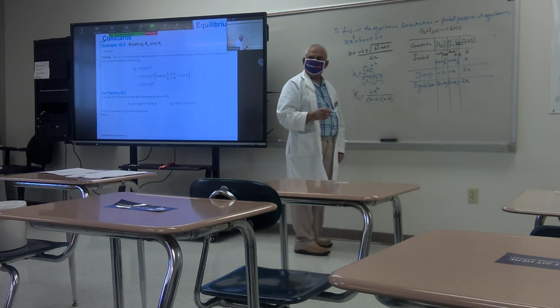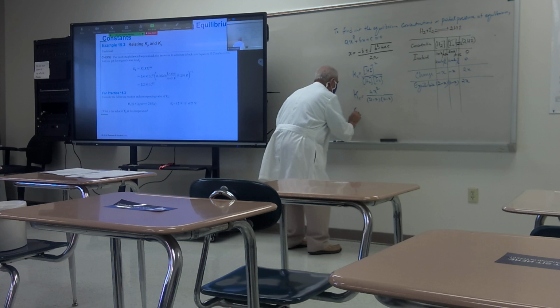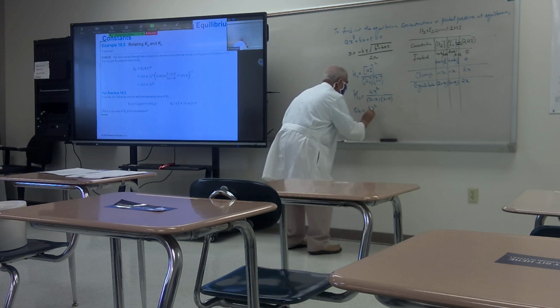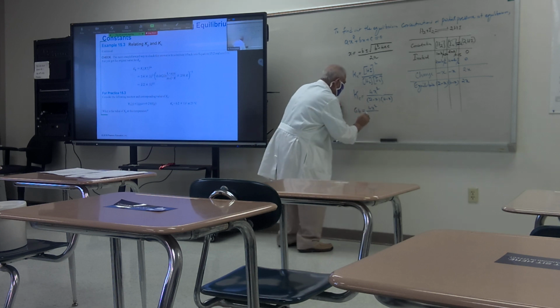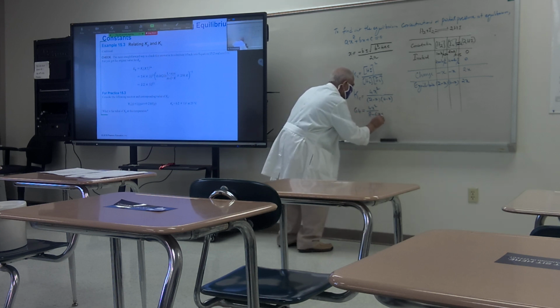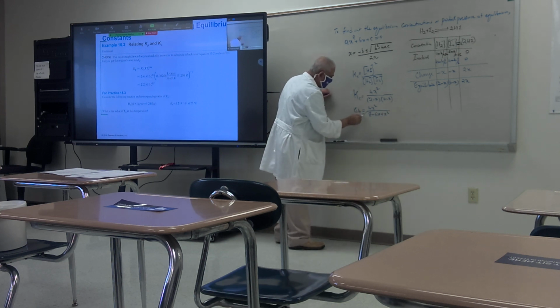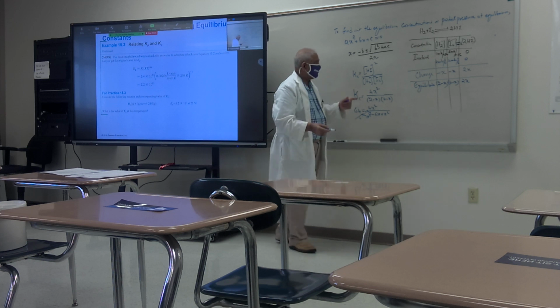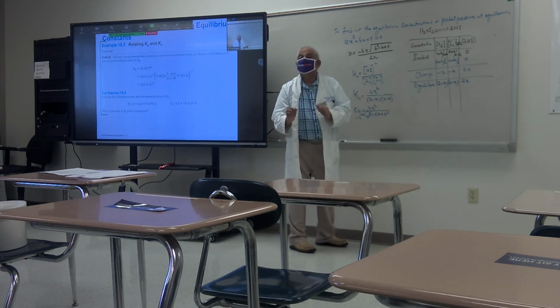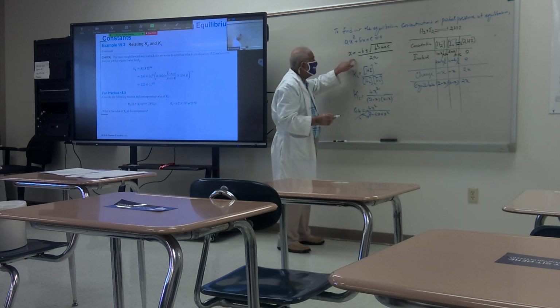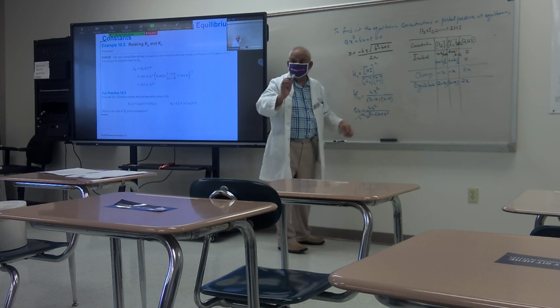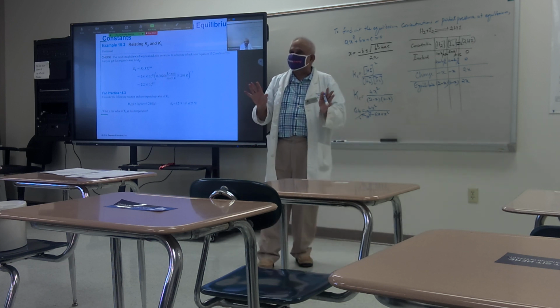Are you following? So they have given this as 64. 64 equals 4x squared over, this is going to be 8 minus 6x plus x squared. So now cross multiply these two and solve for x. How do you solve for x? This is the equation. So you don't need to undergo all this.